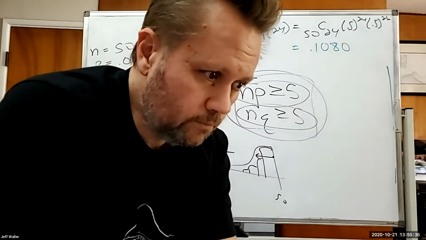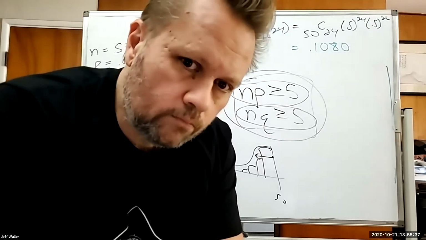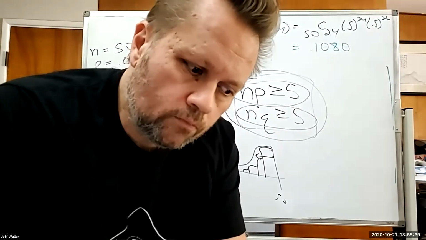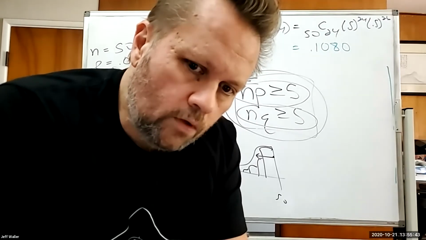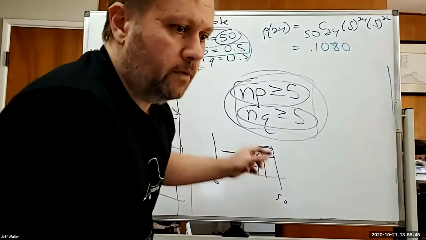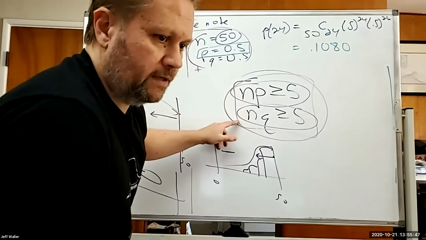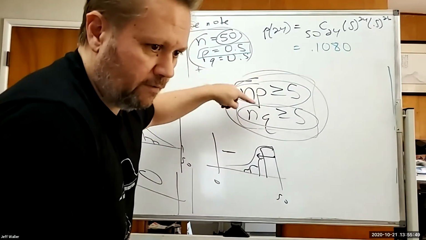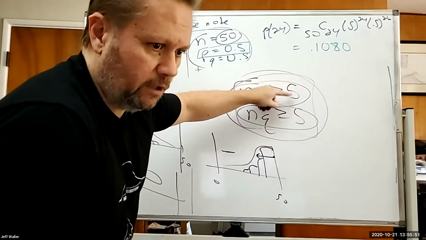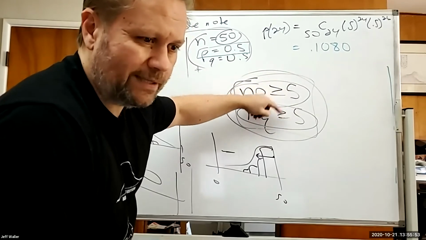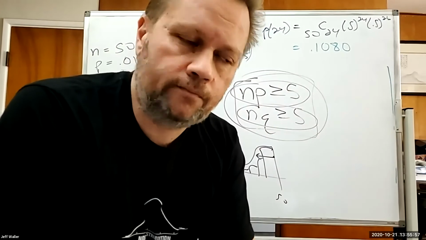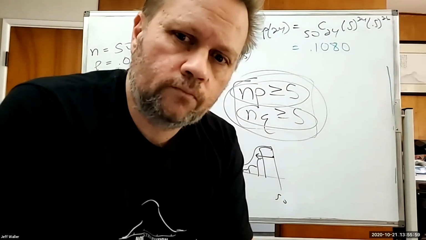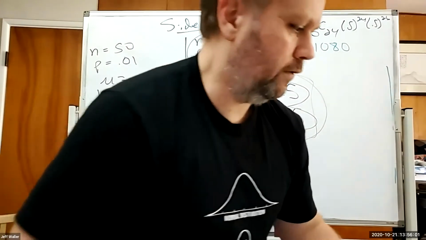If you were to put that on a test and the sample size was too small, would you say the sample size is too small so you can't do anything with this? Well, if it's a percentage problem, you don't look at the sample size necessarily. You look at the results of these two things. If either one of these is less than 5, then it's not normal enough and you can't do anything.